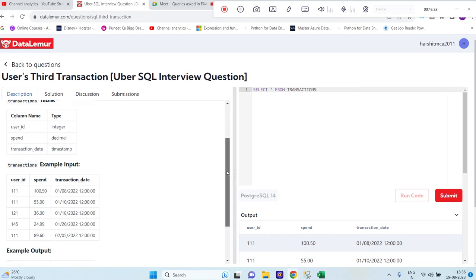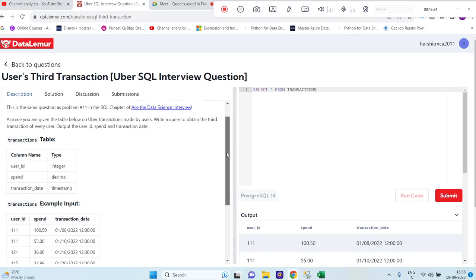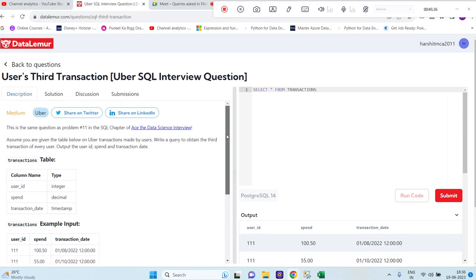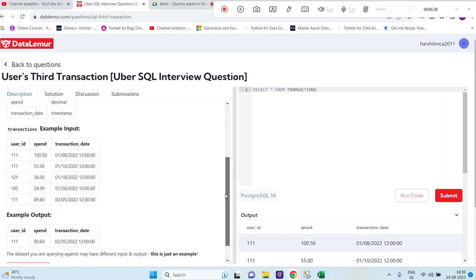So now, based upon the transaction date column, we need to identify the third transaction of all the particular users. So if you see over here, for 111 the third transaction is this one,